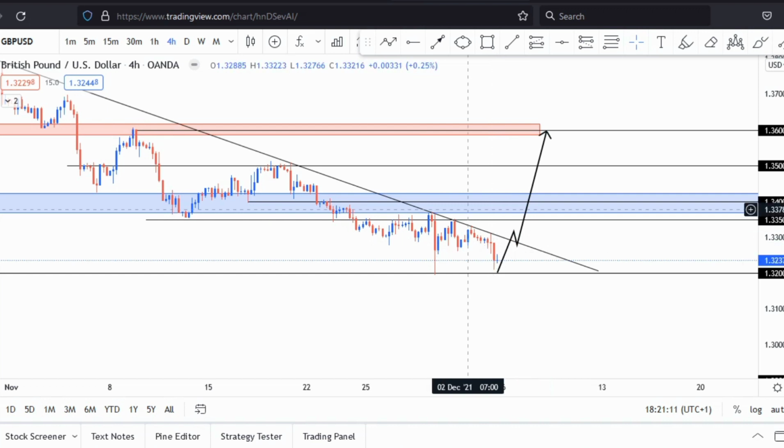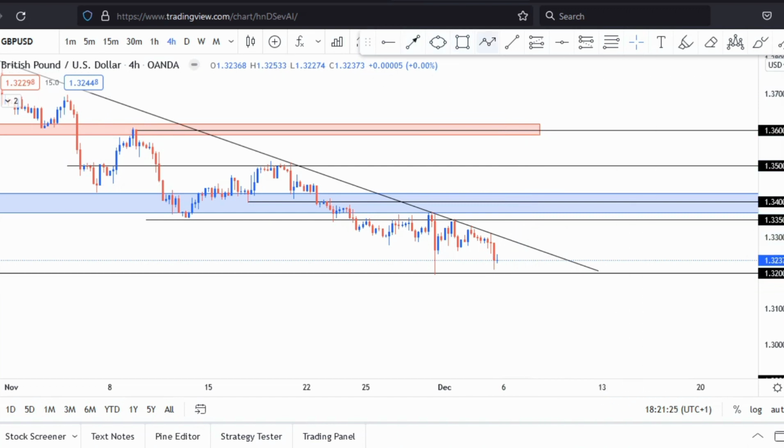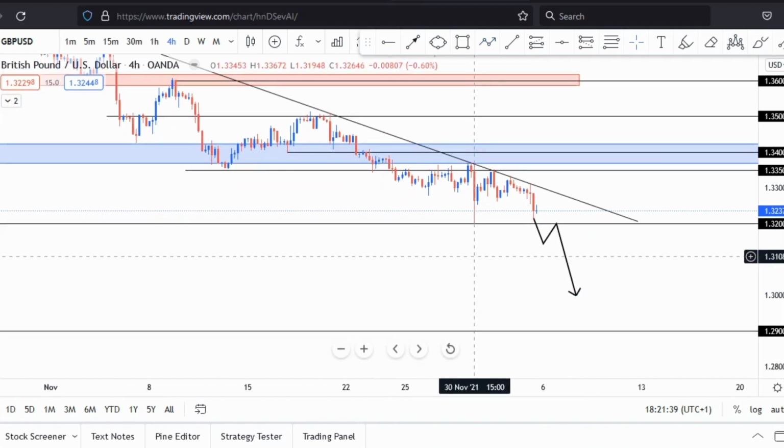But if price doesn't respect this 1.32 level and breaks below it, right, that will give us a great opportunity to capitalize on the sell trade all the way to the downside. So if price breaks below this level, then we should be looking to take our retest when price gives us a bearish signal and sell the market all the way to the downside onto the next